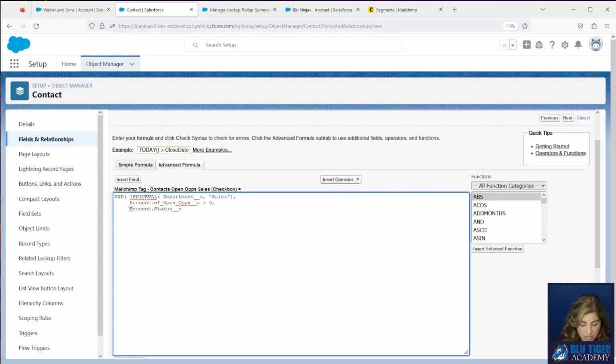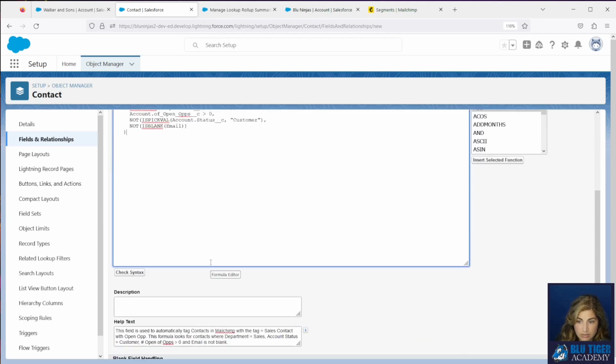And we're going to say that not is pickval customer. So we want all of the values in the account status except for customer. And then our contact needs to have an email address. So our email is not blank.